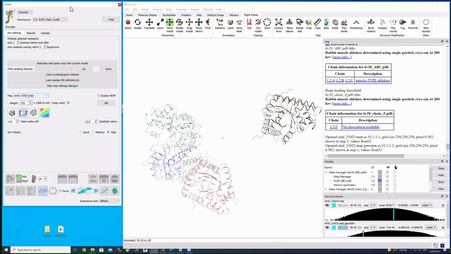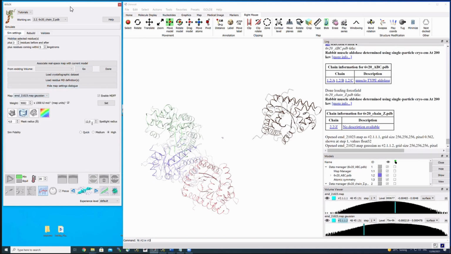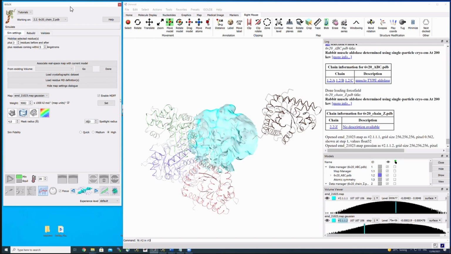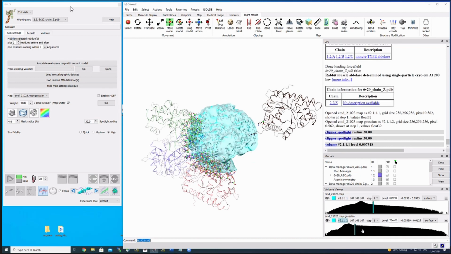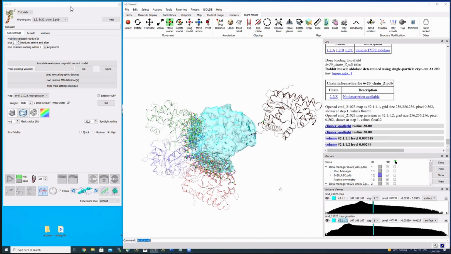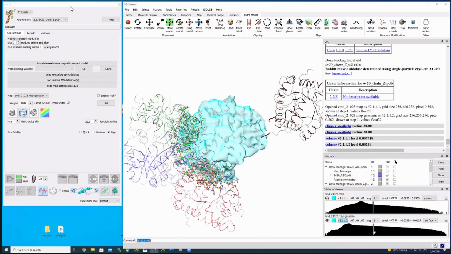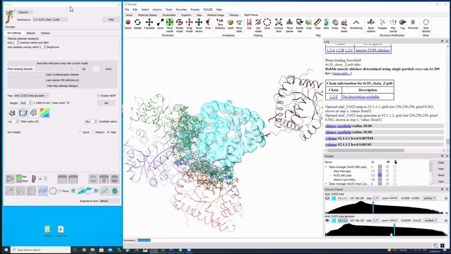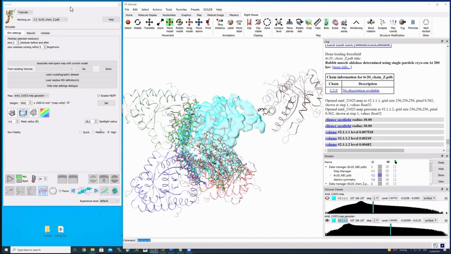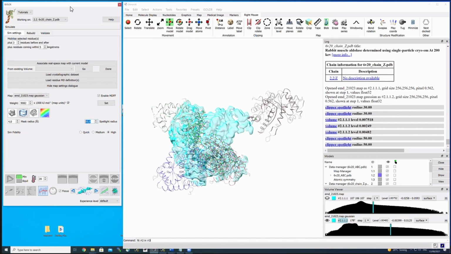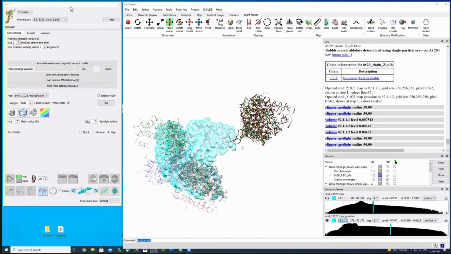And on the map settings, I change the preference of view on both of them. And if I'm doing this and change the threshold, I get both maps displayed in Isolde, and I can use both maps to do the fitting. In this case, I would like to start off with the smoothened map because it's a bit easier to see the secondary structure elements. I will increase the spotlight radius a little bit, and now we go into dealing with